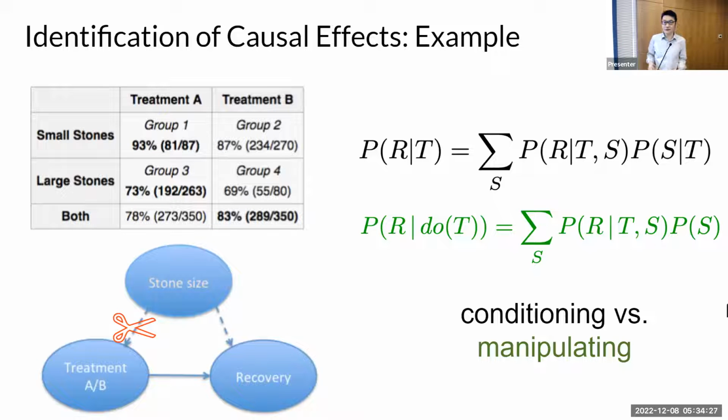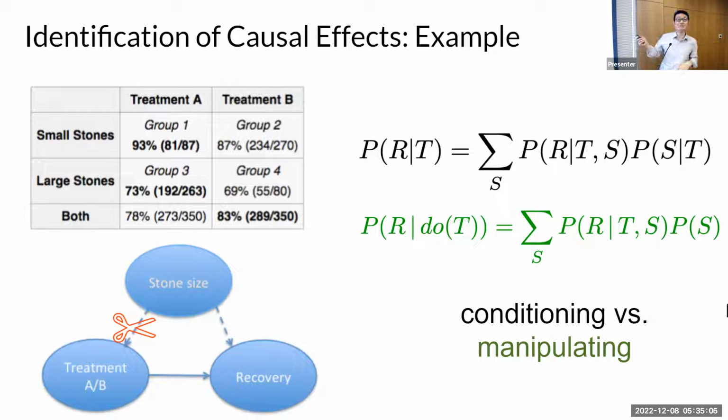Now comes the question. Suppose you are the doctor, and you only care about the recovery rate. Now you have a new patient. Would you recommend A or B? You only want to maximize the recovery rate, right? It's a new patient, so you don't know which group the patient is from. Would you pick A? Okay, A. B? B. Wow, it's almost a tie. Okay, very good.